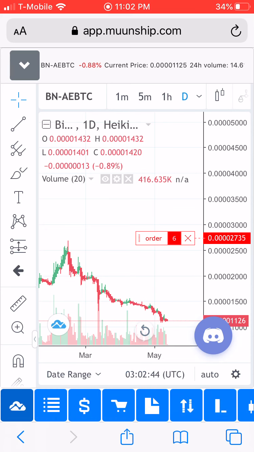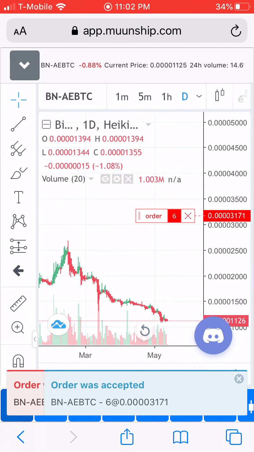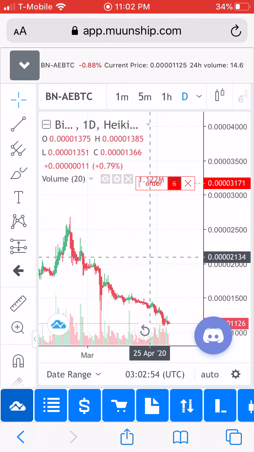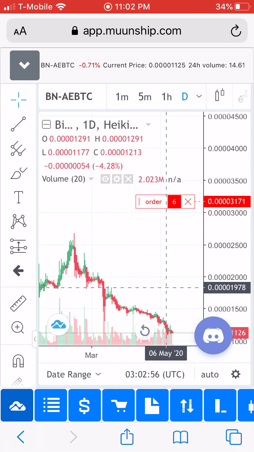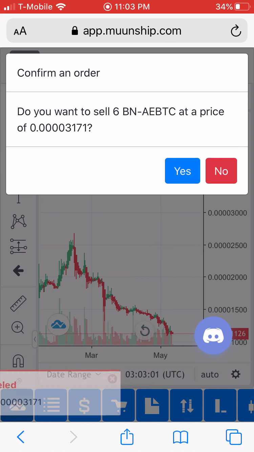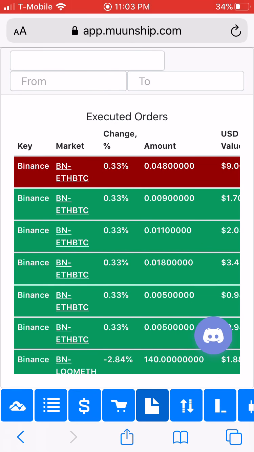So let's go ahead and do another move. I'll move that order, press yes, and it tells me my order was canceled and it was accepted. It means that the order has been moved. So let me do another one. Let me lower this price at 31.71, put it at 24.34, press yes, there you go. So it moved my order on the chart for me. It's really fast, intuitive,